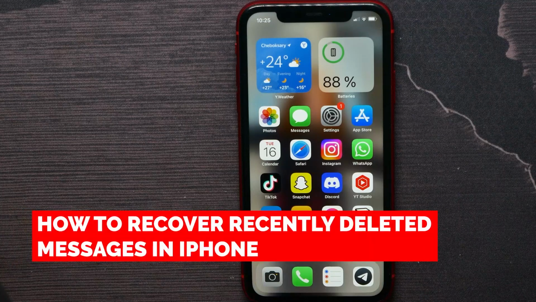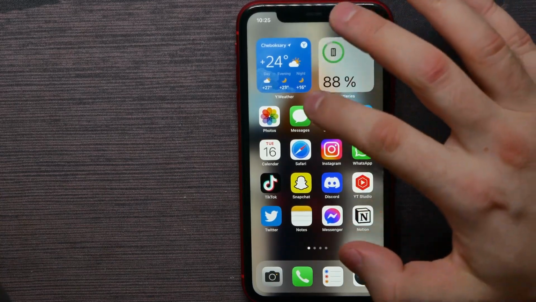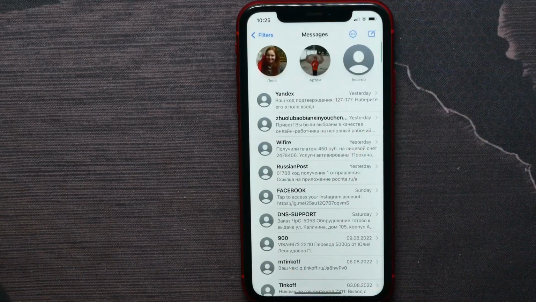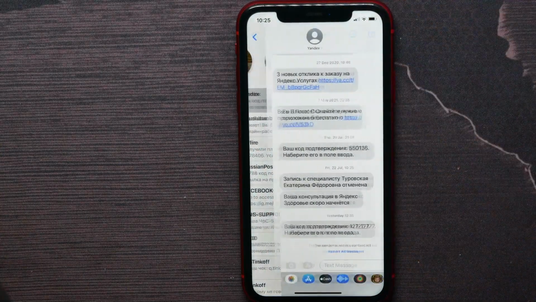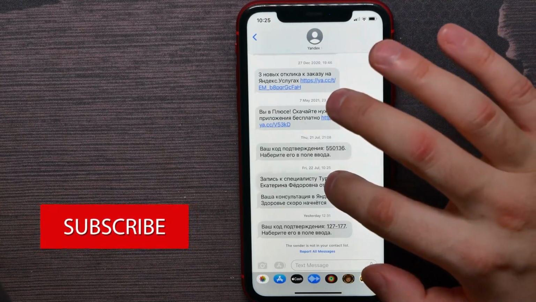In this video, I'm going to show you how to recover recently deleted messages on your iPhone. This feature works on iOS 16 and later, and that is quite simple and easy to do. So let's begin. And first, open up your messages, then you can open up some conversation, and here let's delete